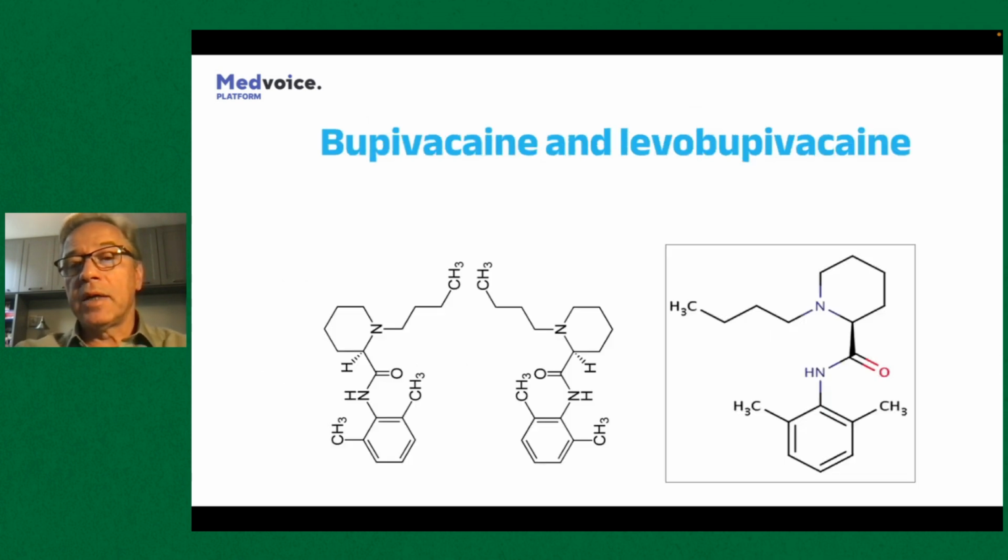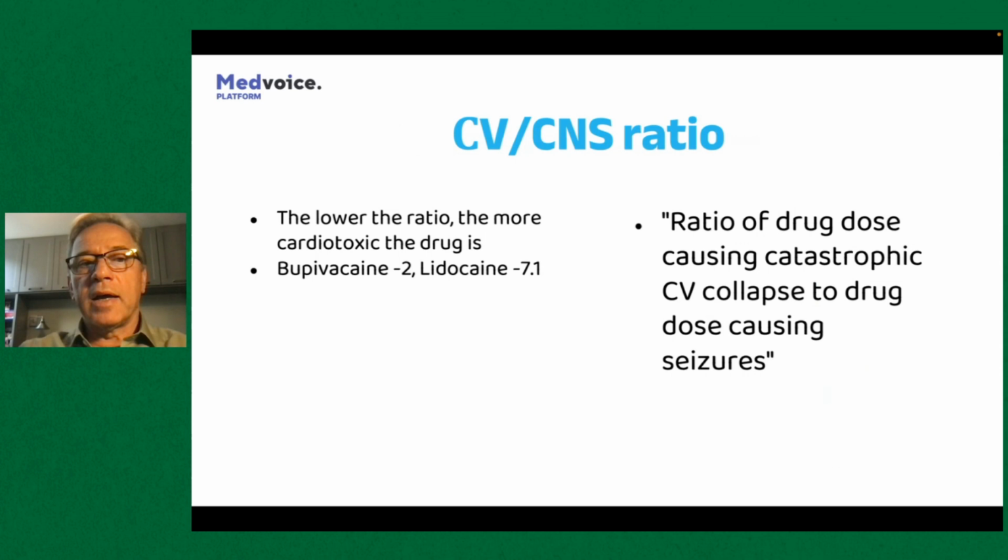As you can see, levobupivacaine is like half of bupivacaine. It's the left rotating isomer of bupivacaine, and all the good things are in that left part. Same with many other drugs, for example, esketamine. Esketamine has all the good effects of ketamine, but none of the side effects of ketamine. Same with levobupivacaine. Then we're also talking about this cardiovascular CNS ratio, and it's that ratio of a drug